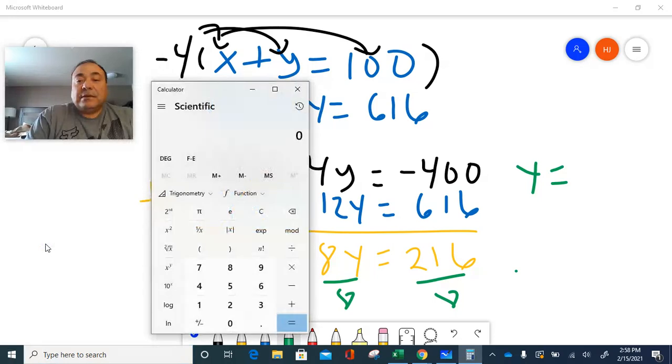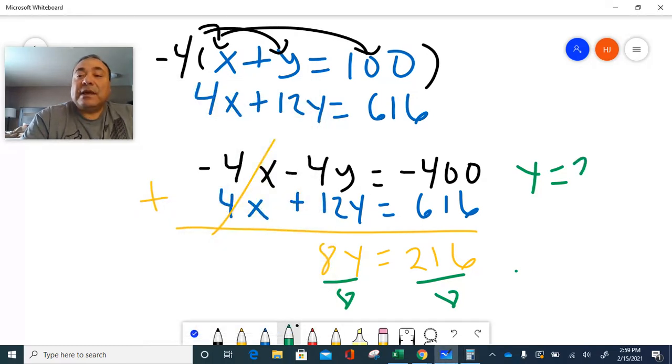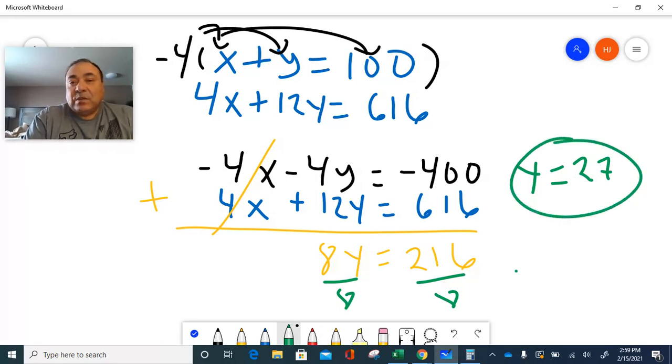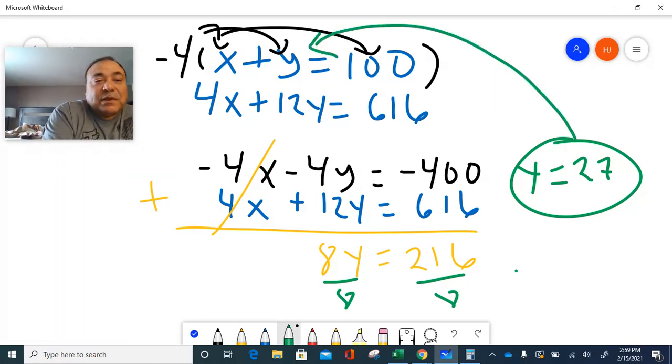Okay, so it is 216, and I'm going to divide that by 8. And let's see how many collection books we're going to buy. Hey, it's 27. Woohoo. Okay, so we only have 27. And obviously, guys, we bought 100, right? So we're going to go back over here and we're going to substitute for y right there. So we're going to end up with something like